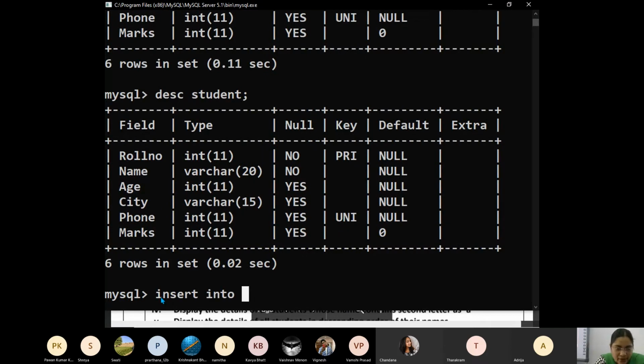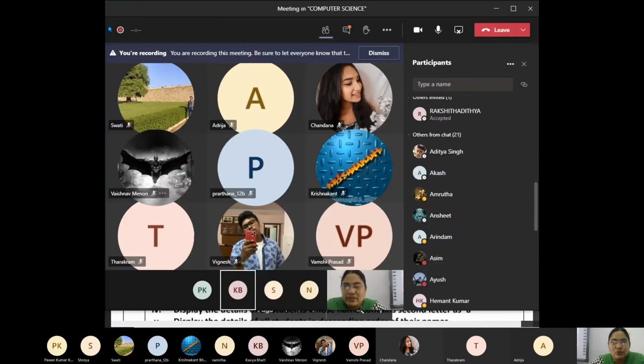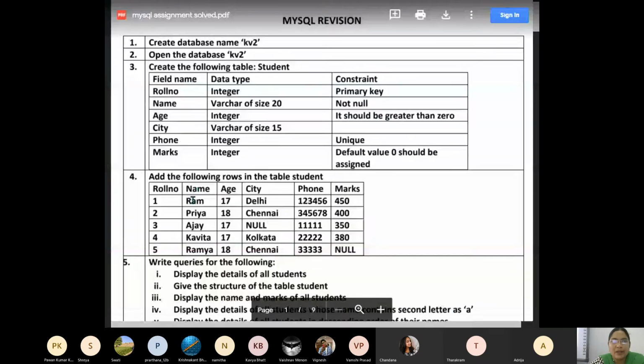How do we do that? Insert into, what is the table name? Will we write the word table? No. Why? It is a DML command. So insert into student. Now what should I write? Values. Now what are the values? 1. And what is the name of the student? First roll number, Ram.